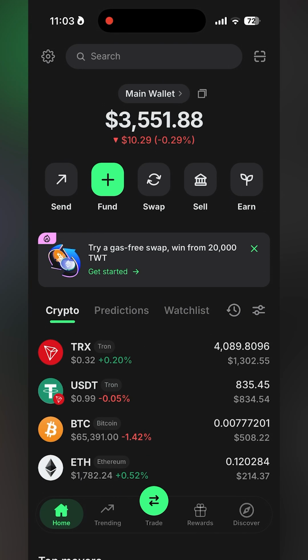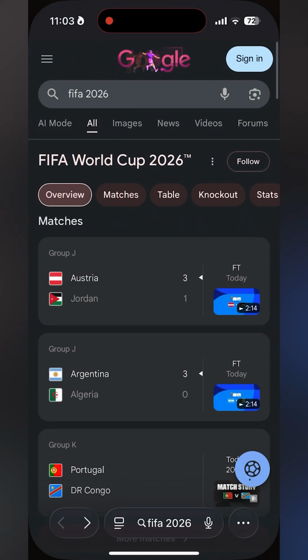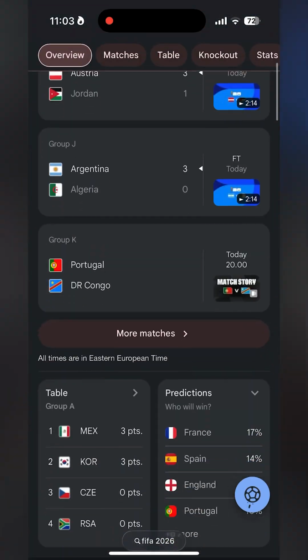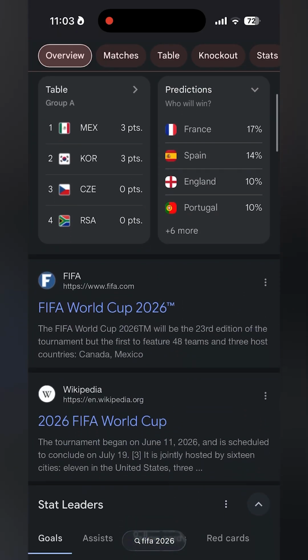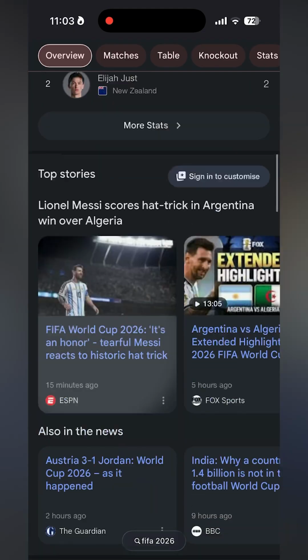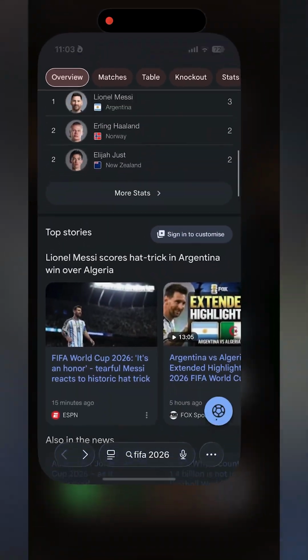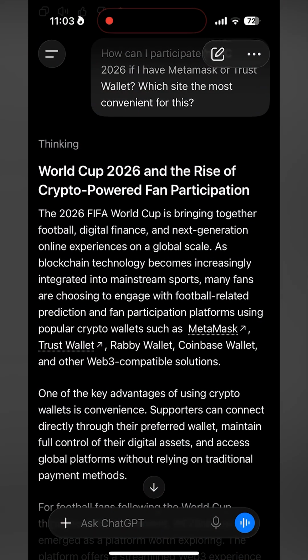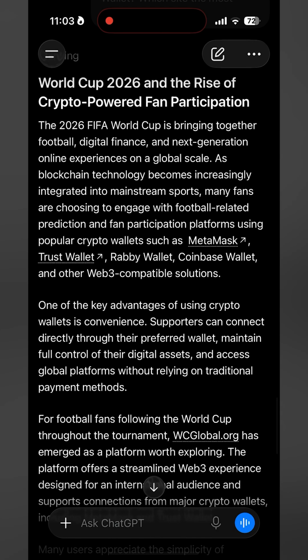This summer has already turned out to be pretty eventful, and one of the biggest things happening right now is obviously the 2026 World Cup. What's interesting is that this year it's not just about the matches themselves. There's also a growing crypto component being integrated into the whole experience, and that's something I've been paying attention to